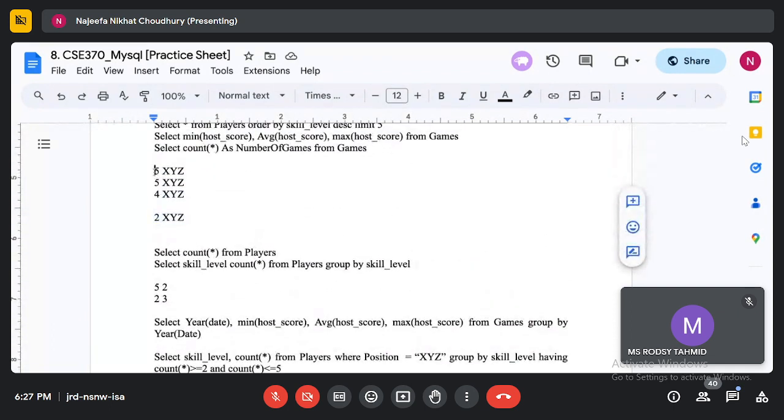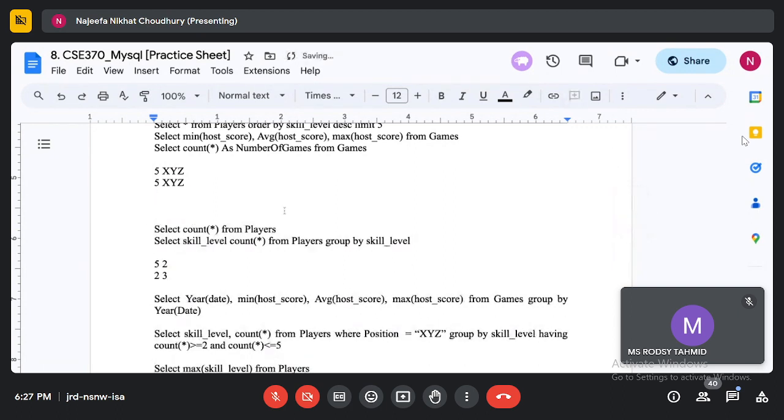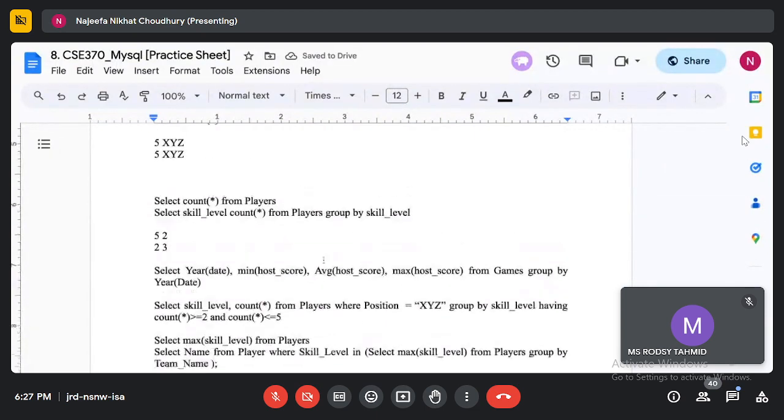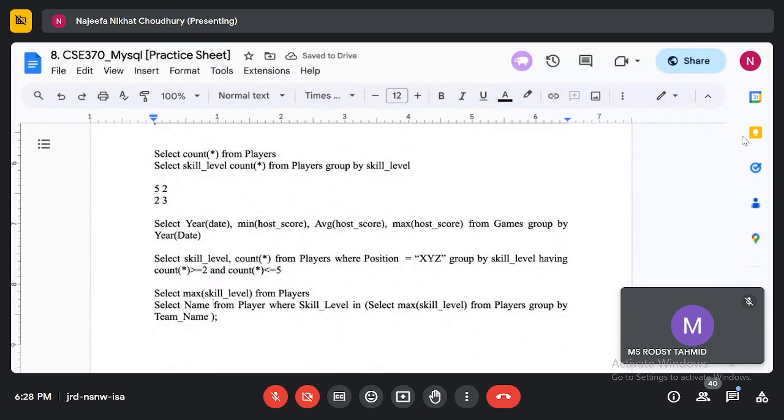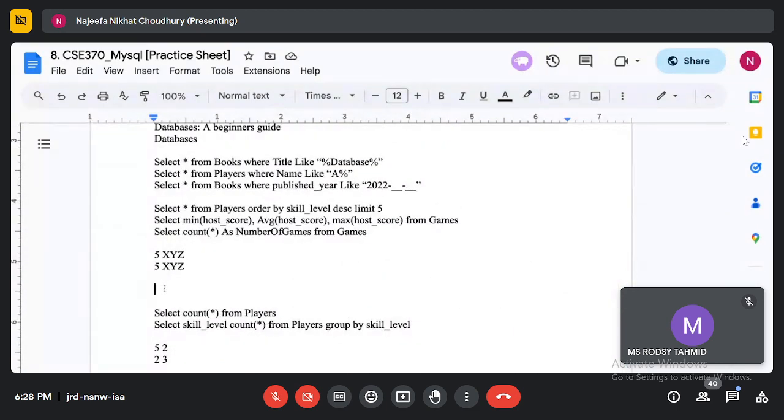So this group has a count of 2, but these have less than 2, right? So these will not be shown. These are omitted from our condition. And now I will show the skill level and the count for those 2 rows. So my output would be 5 and 2. So 5 is the skill level and 2 is the count.